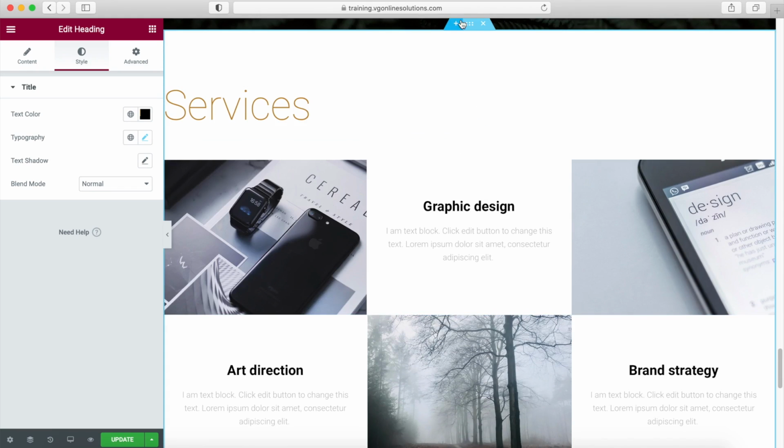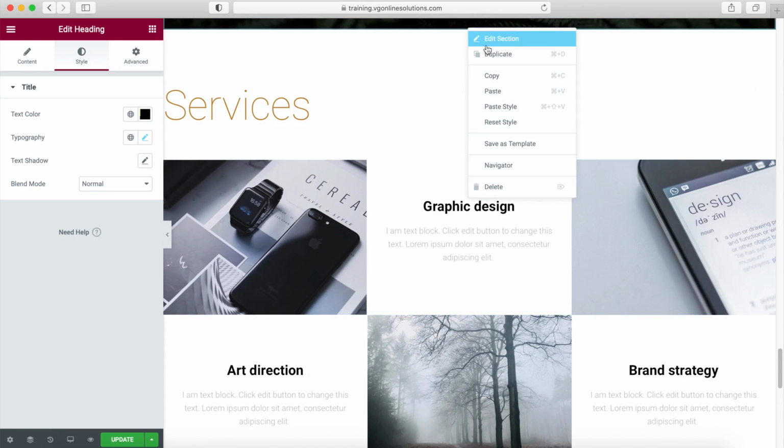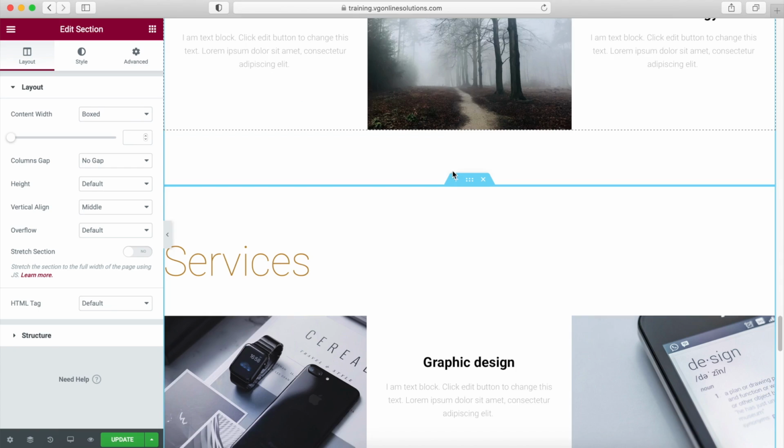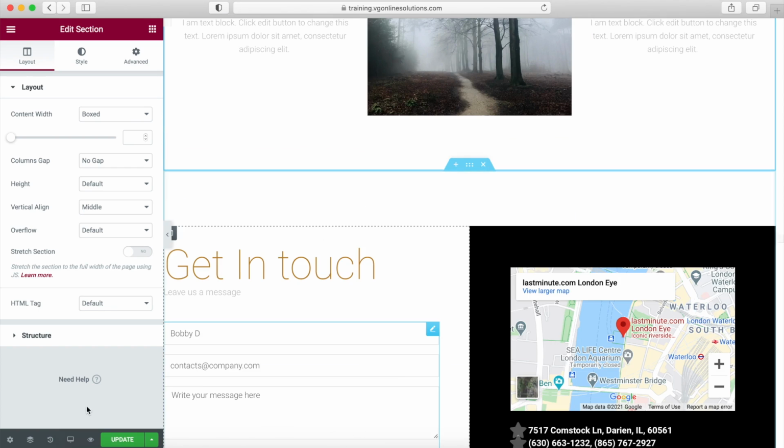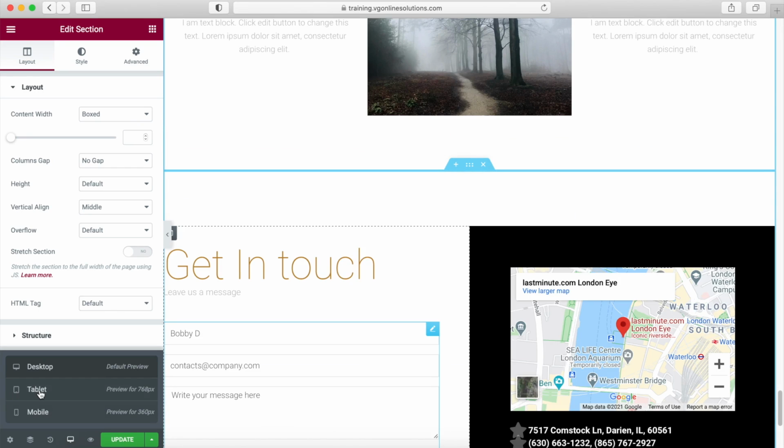And also you can copy the sections. Let's say that you want to duplicate this section because you really like the structure. You just click here and duplicate, and here you have it, and you can start changing whatever you have to change. And you have this option where you can see how the website looks on tablet